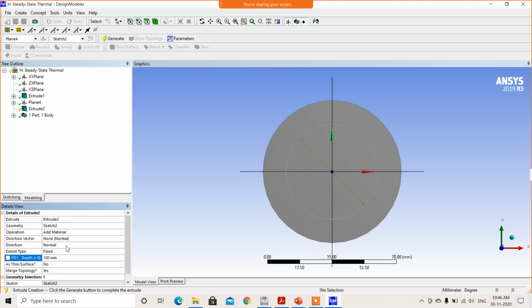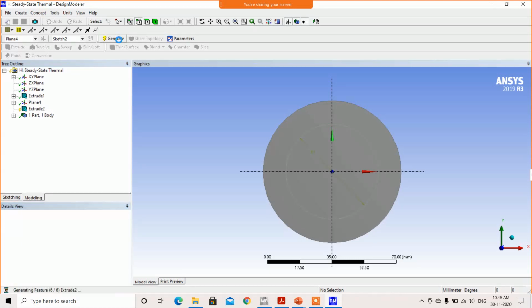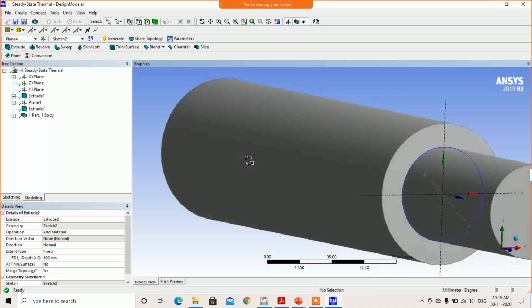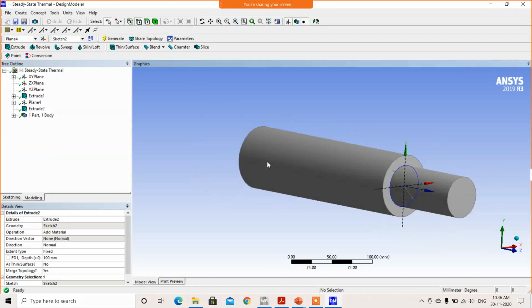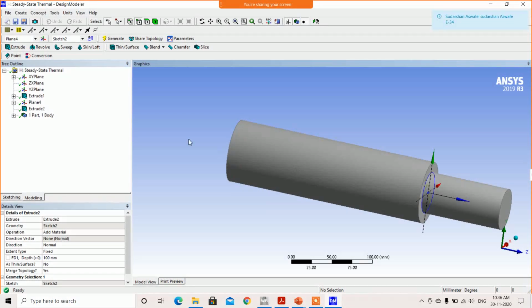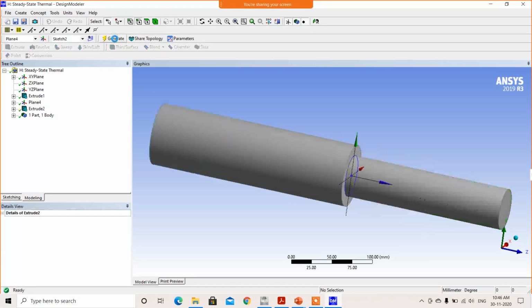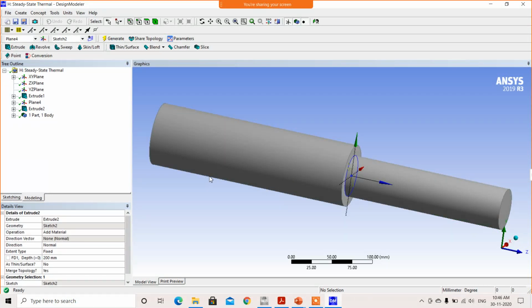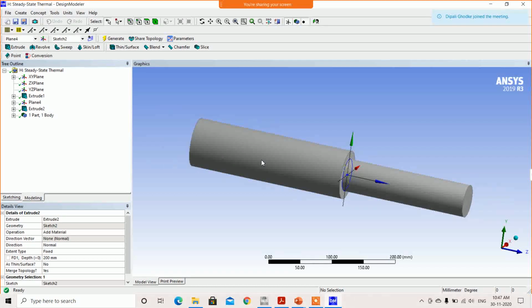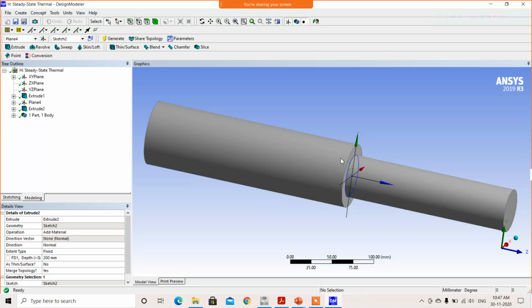Fine, and generate. You can check the geometry now. You can also change that extrude dimension. Here, if I take it as 200, no problem, and generate. Yes, it is extruded. Got it? So, this is the geometry.